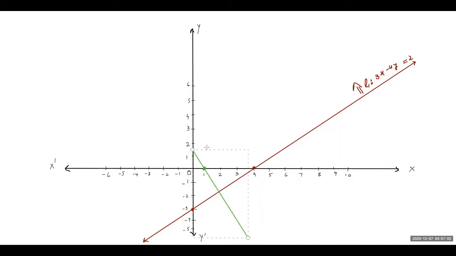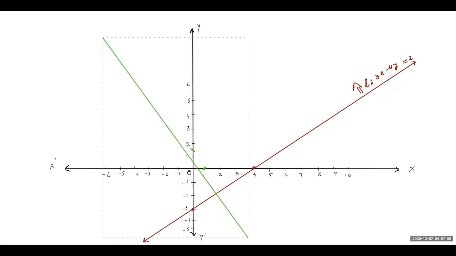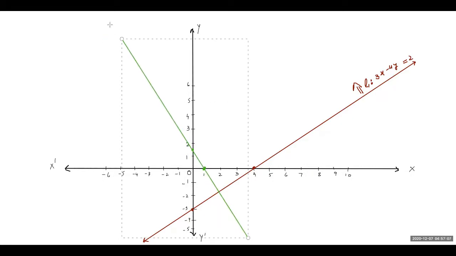Here it is. Let's extend it towards this side. This is our line. Put arrowheads on it. Let's write the equation of line. The equation of line is 3x plus 2y equals 3. Let's name it L2. And the origin does not lie in the solution region. You can see origin lies on this side. So the solution region will be on this side of this line.